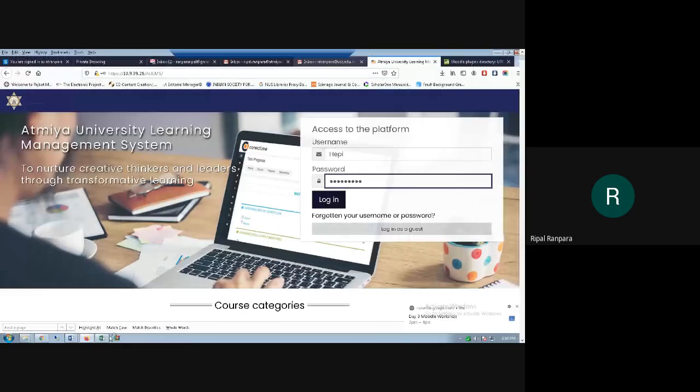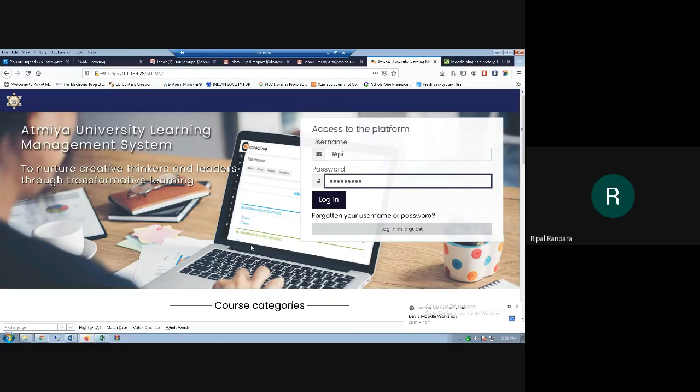Okay. So yesterday I demonstrated how we can upload the resources for the students, and how we can share the resources, lesson notes, assignments, presentations and something like that. So today I will demonstrate how we can create an interactive assignment for the students, match the following, fill in the blanks, or any animation kind of thing.